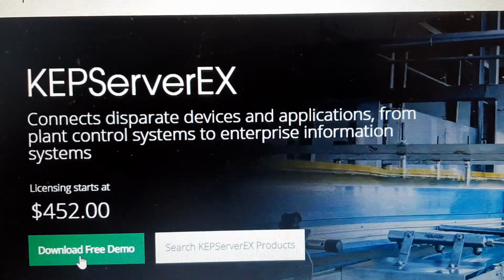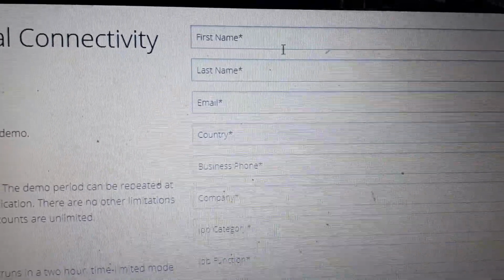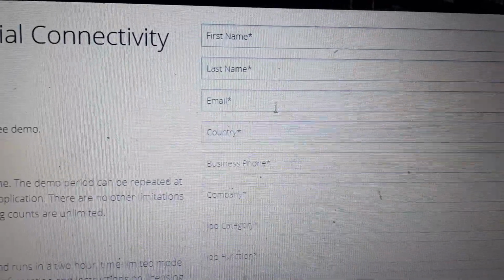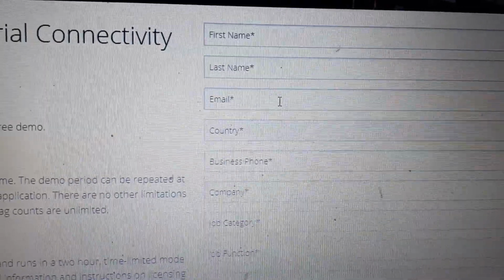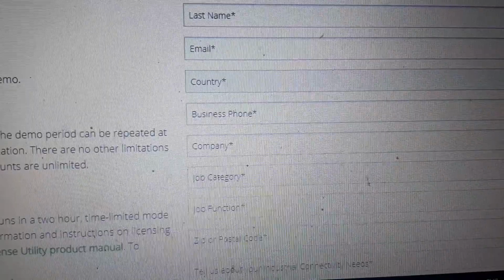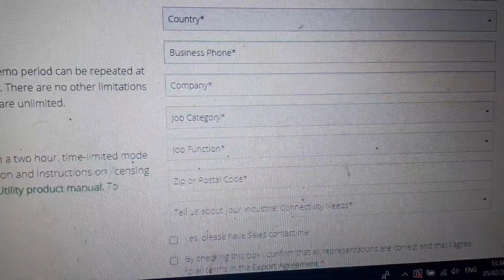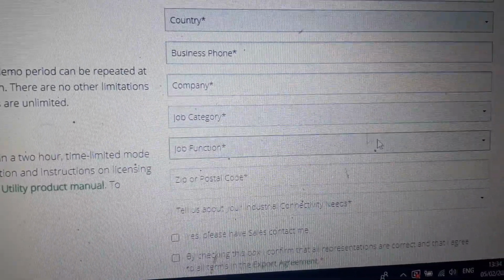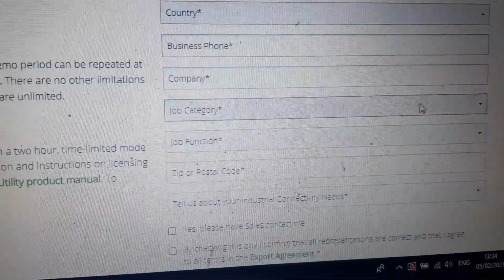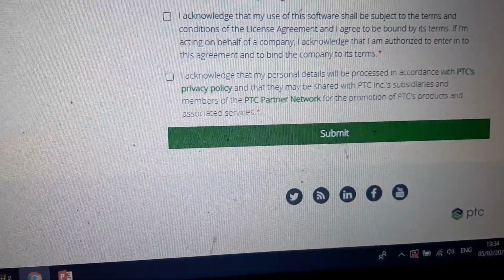When you click on download free demo, there will be a form to fill up. Once you complete this, I suggest you use your full name and email address that is for TUDublin, and then for the business phone will be your mobile phone number, and company will be the school, and for the job category and everything, press on student and also education. When you have your address and everything in place, then you can press submit, and then you have access to the